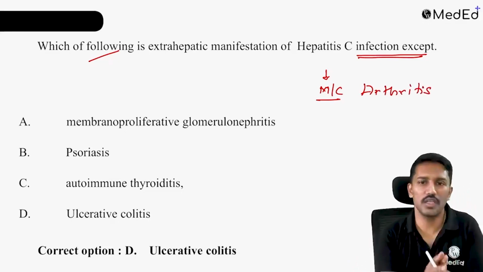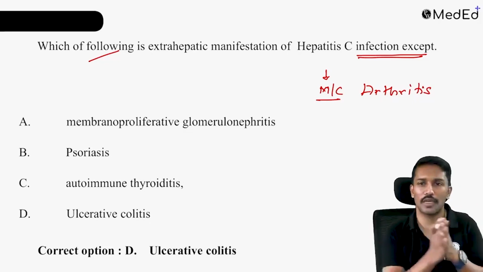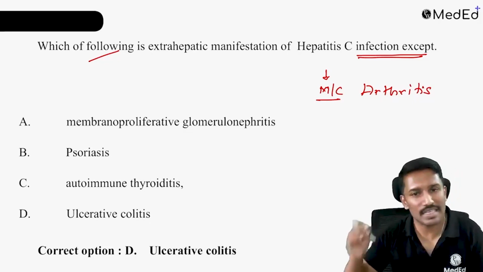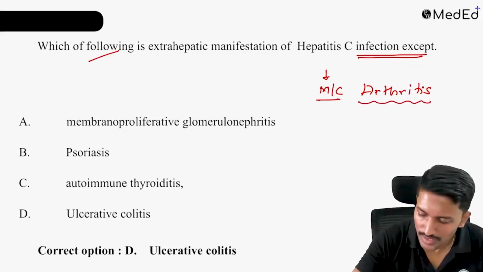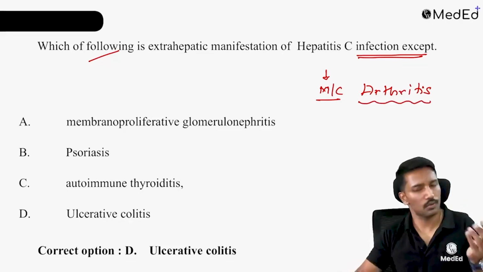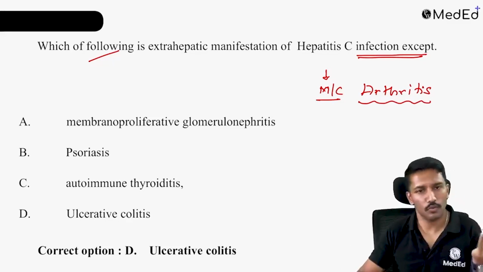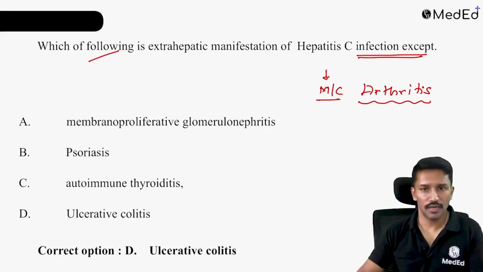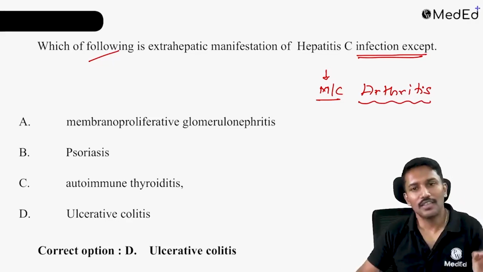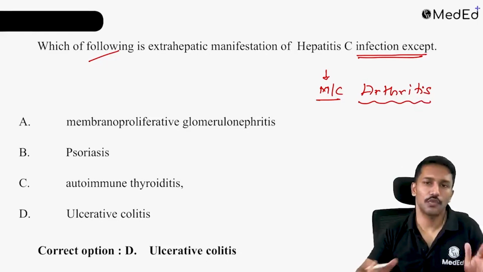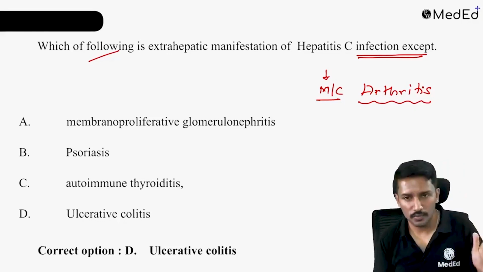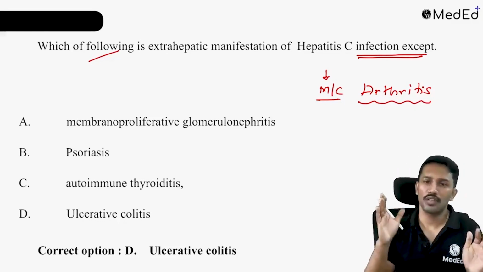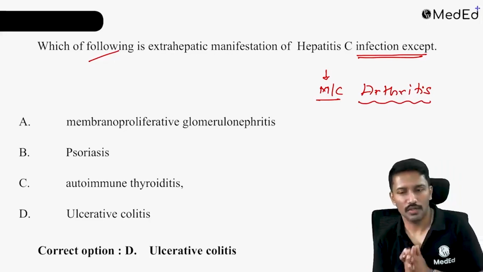Whether it is hepatitis B, hepatitis C, acute hepatitis A, or acute hepatitis E, in all cases arthritis will be the most common extrahepatic manifestation. So even in case of hepatitis C, that would be most common, right? Apart from that, hepatitis C triggers your immune system and leads to various autoimmune manifestations. So all you need to remember is hepatitis C means we are talking about the immune system mediated extrahepatic manifestations,